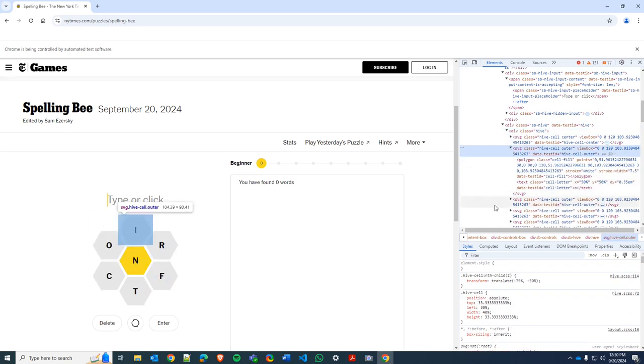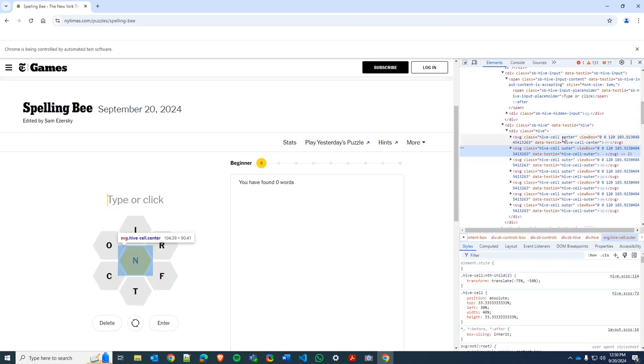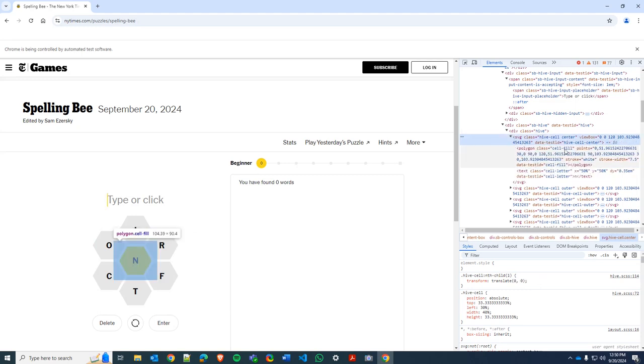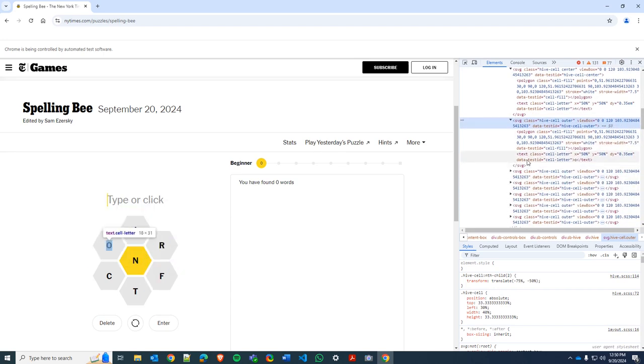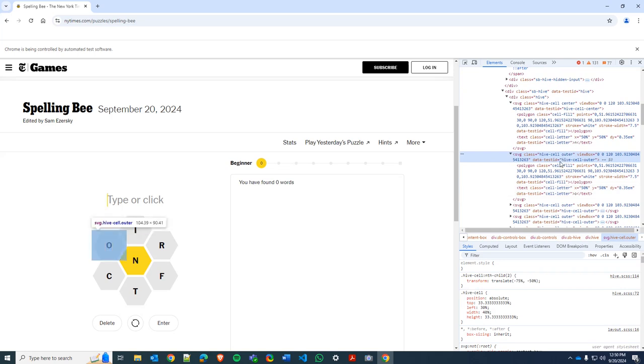And so yeah, it's a bit small for you maybe, but we can see that each of these letters has this SVG class thing, hive cell center, and then inside of that we have a polygon class, and then we have a text class, okay? And inside the text class we have the letter. So this one is an N, and then the next one we look at is an O, okay? So we can try to get the letters that way, but I will tell you that I tried that and it didn't really work out,